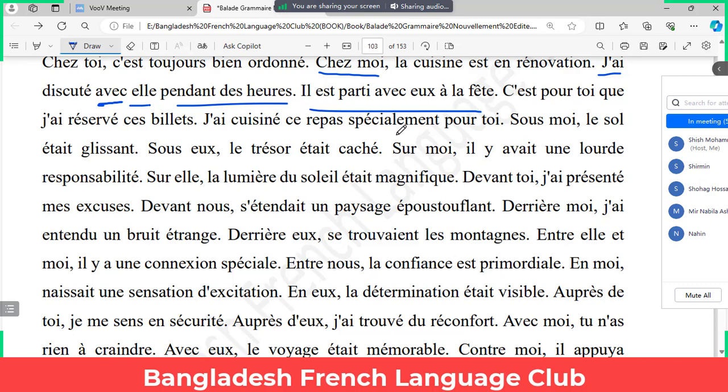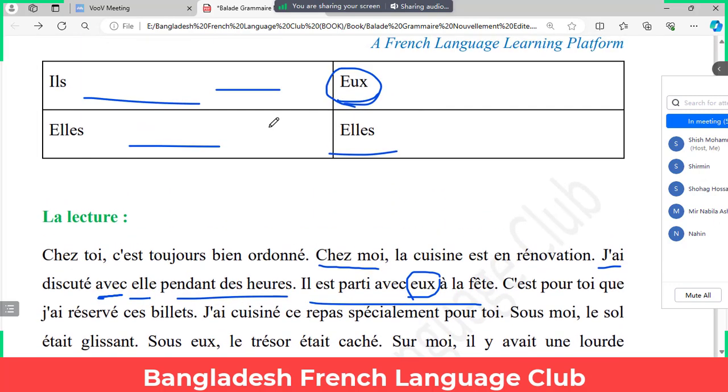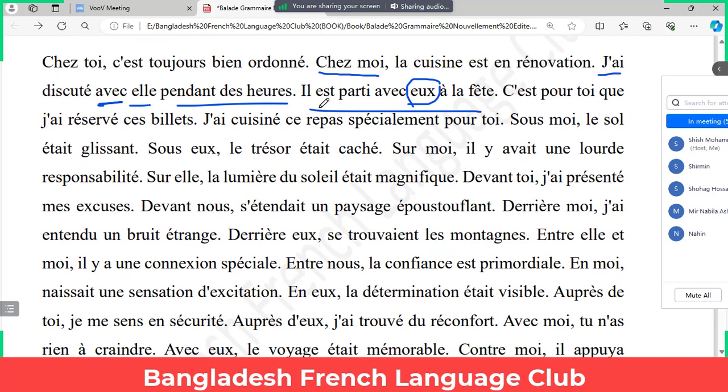Elle est partie avec eux à la fête. Right? So this eux comes after avec, from the tonic form of il. Plural il. Okay, so elle est partie avec eux means she went with them, or she left with them. Eux is them, okay? À la fête, to the festival. Okay, then